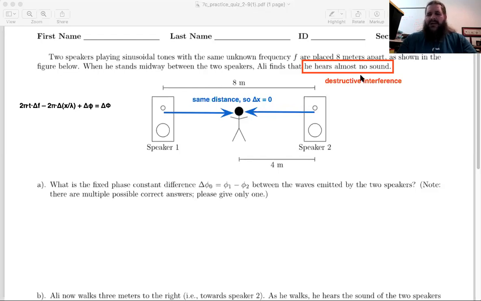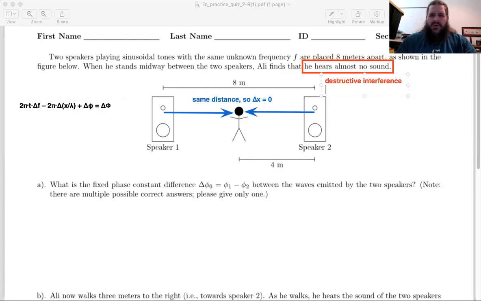But here we're not talking about distance because we know there is no path length difference. What fraction of a full cycle would that have to be? Yeah, half a cycle. And if we're talking about radian measure, 1 full cycle is 2 pi. So half a cycle would be half of 2 pi, which is pi. So in terms of radians, we should expect these to be out of phase by pi in order to be